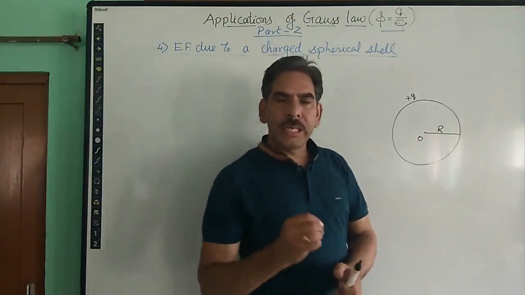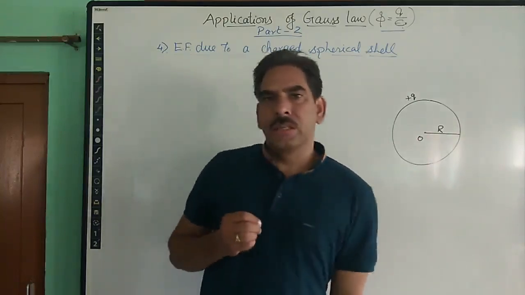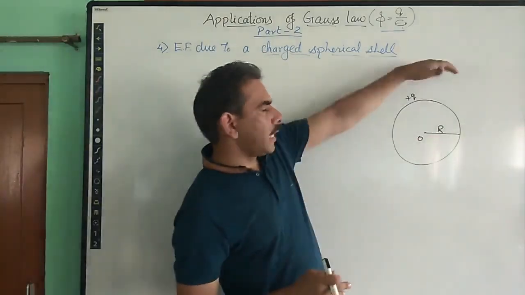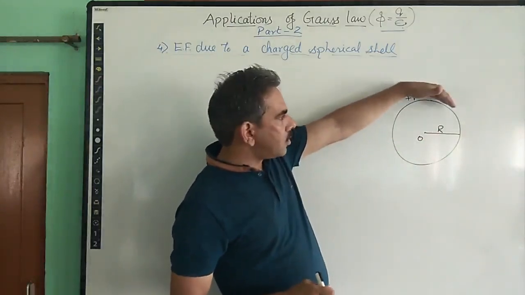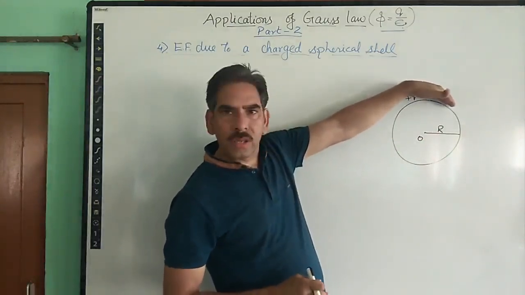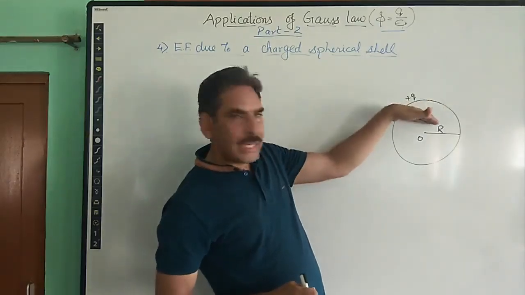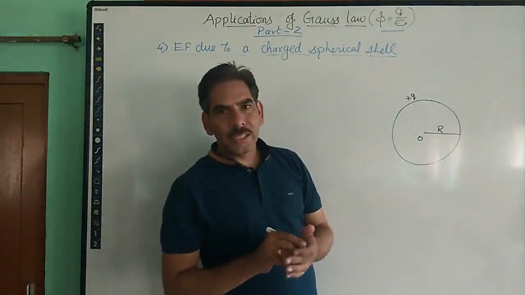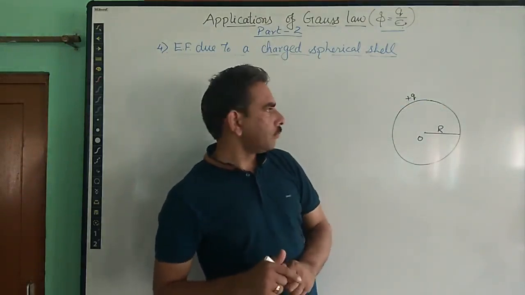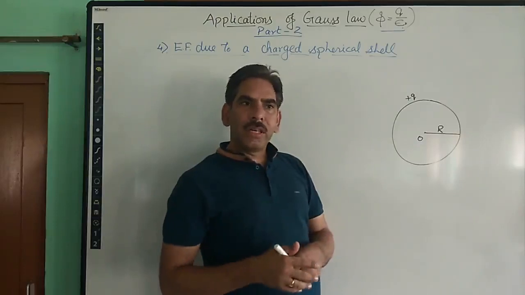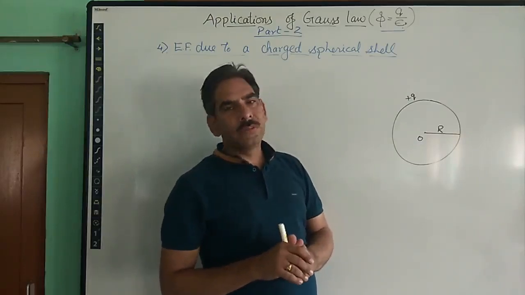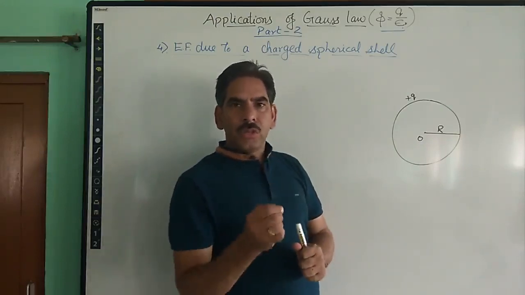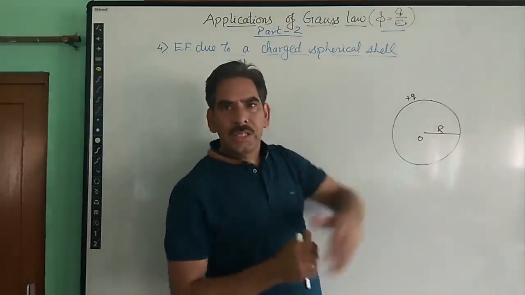So we can find out the electric field at different points. We will find the electric field at 3 points here. The point which lies outside this spherical shell, the point which lies near the surface of this spherical shell, and the point which lies inside the spherical shell. And we will see what electric field is there due to the spherical shell. For calculating the electric field in each case, we simply draw a Gaussian surface through the point around this spherical shell.